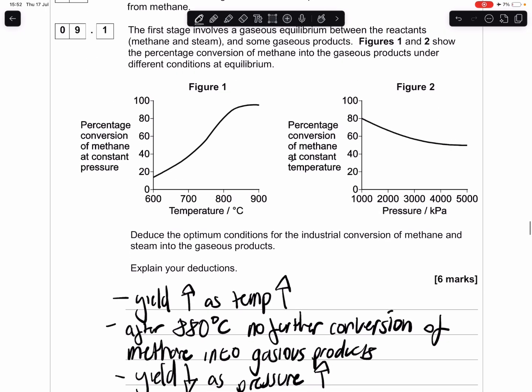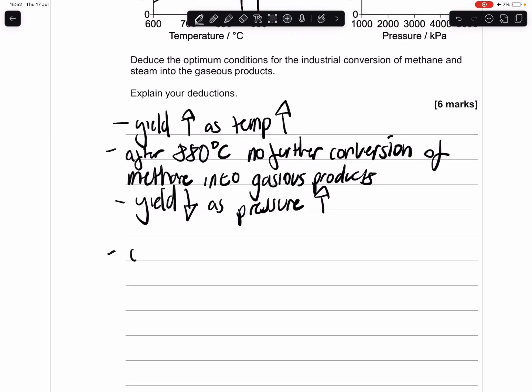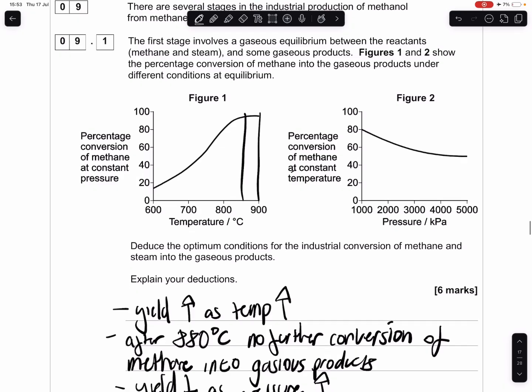So I would say our optimal temperature is around here at 880, because if we were to go for 900, we don't get any more conversion. It's still the same here, approximately. It's like the same percentage conversion, but at a higher temperature, that's going to be more expensive. So optimal temp is going to be 880 degrees for